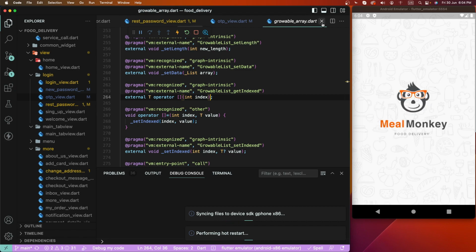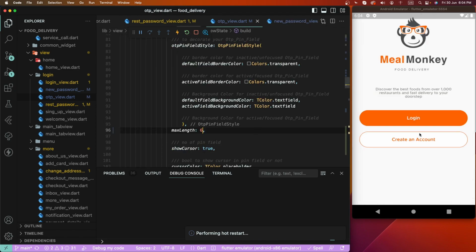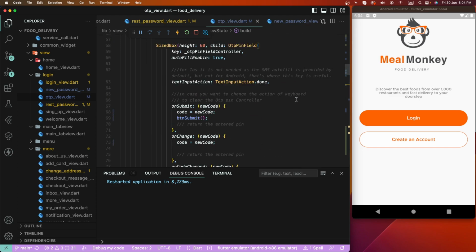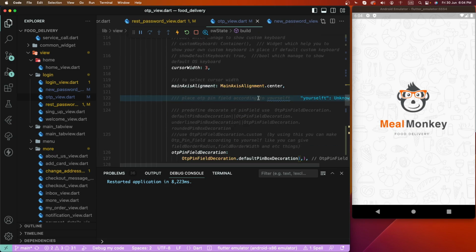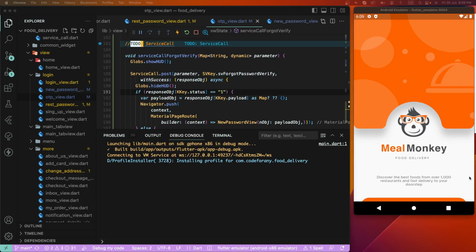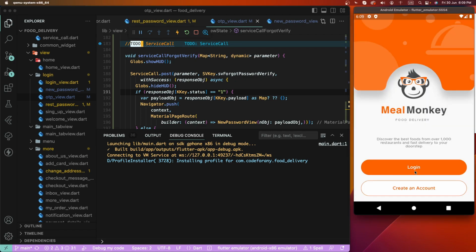Now need to test again. And we do one more property, we need to change height and width, need to fix. Now check here the forget flow